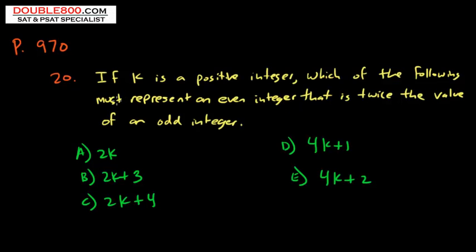In this lesson, we'll review a math question from the problem-solving section. We're on page 970, question 20. Out of 20, we know this is a difficult problem. If k is a positive integer, which of the following must represent an even integer that is twice the value